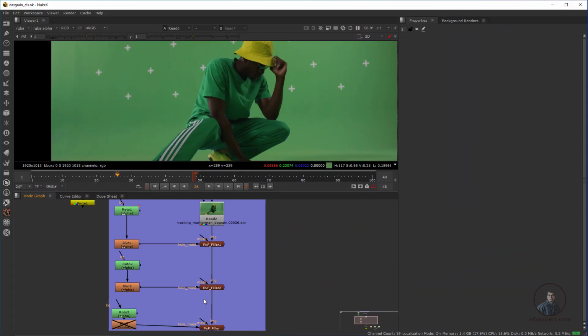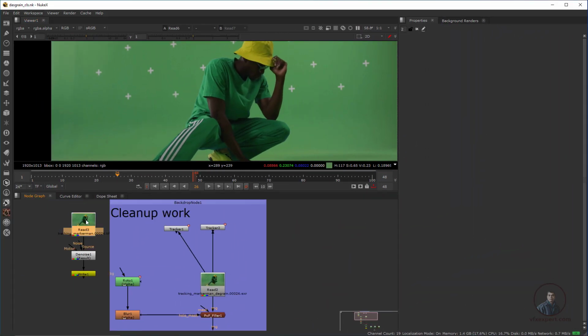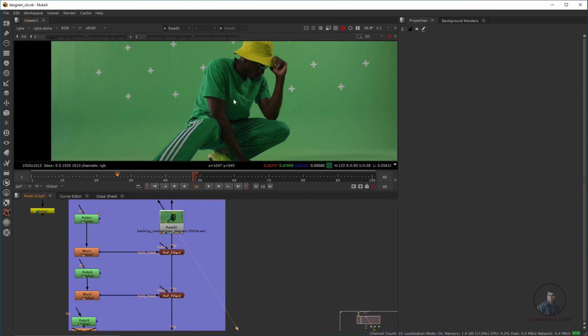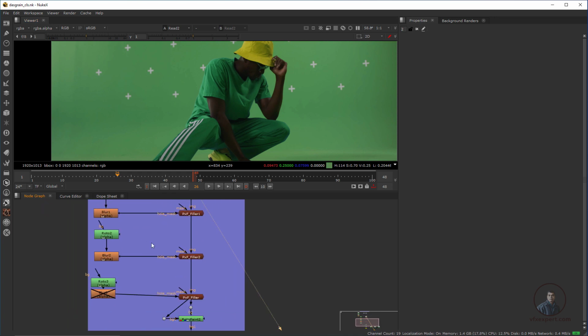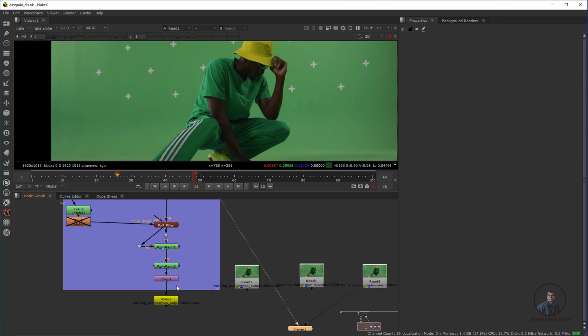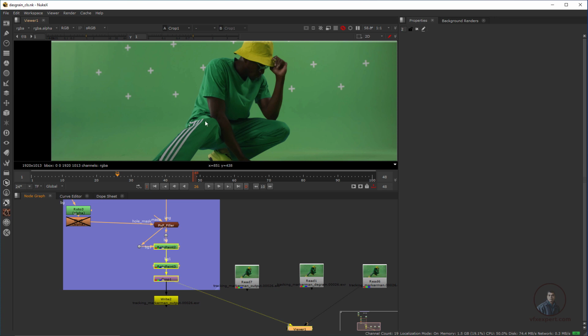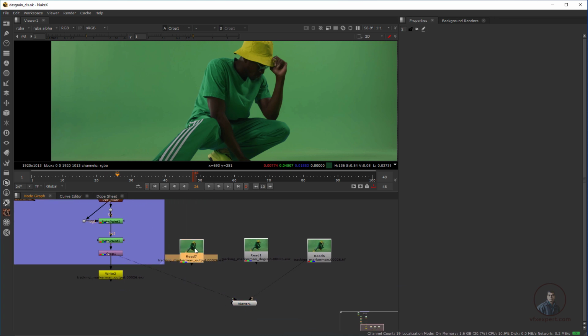So this is our basic flow here. This is our original plate. After this I exported this degrain plate, and now I am using this degrain plate. Then I removed all these tracking markers from this shot, and this is our final output. Then, if you want, you can simply export this output from Nuke and re-import it inside Nuke. So here I have already imported this same output, whatever I am getting from here.